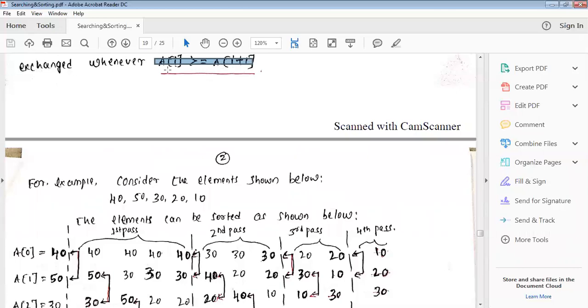So you check a of 0, 40, against a of 1, 50. Is 40 greater than or equal to 50? No, 40 is less than 50. Then no need to exchange. You exchange only when a of I is greater than or equal to a of I plus 1.